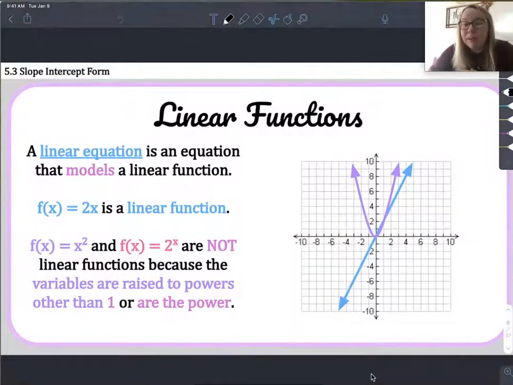That is the purple one where we have x squared. That is still a parent function. That is actually a parent function for the quadratics, which hopefully we'll be looking at in chapter 9. And then looking at f of x is equal to 2 raised to the power of x, that is an exponential function. If you notice, it's kind of curving up. That one we'll hopefully be looking at in chapter 7. And that is not the parent function of that one, just so you guys know. Okay, so